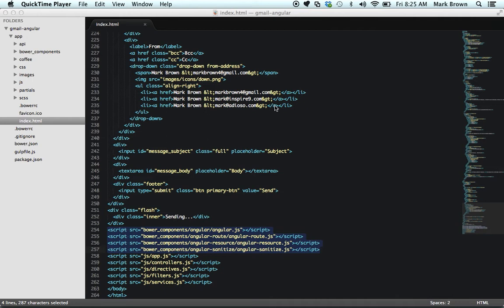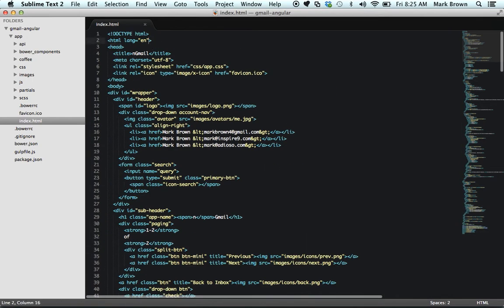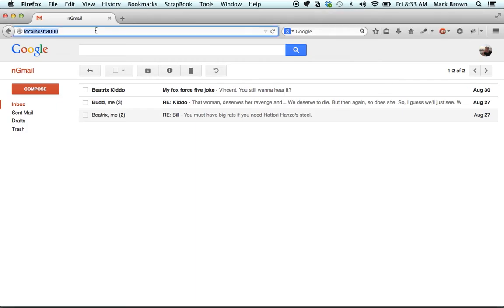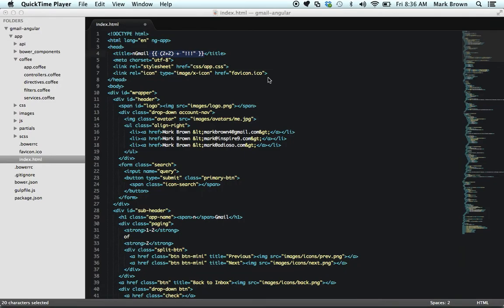All you need to do to start using Angular is include this script and add an ng-app attribute somewhere in the document that you want to be able to put Angular expressions. So we can start adding dynamic content into the page. So things in here can be any JavaScript statement. Then when we refresh the page in the browser, we'll see our dynamic title. So let's get rid of that,